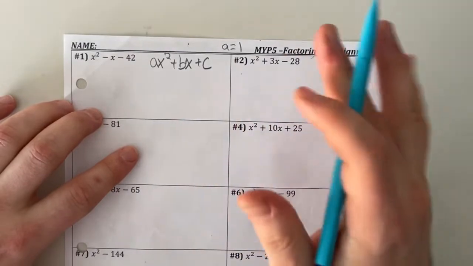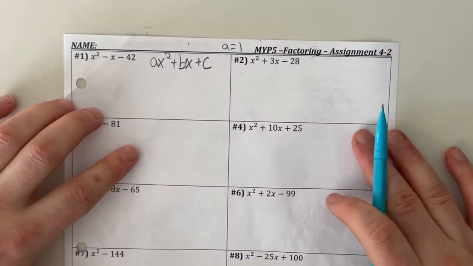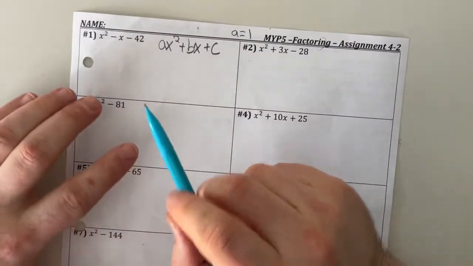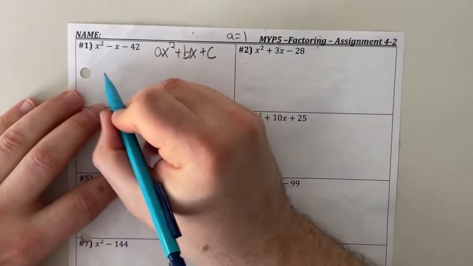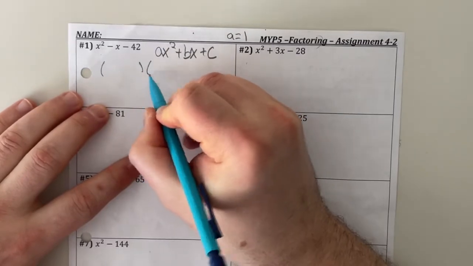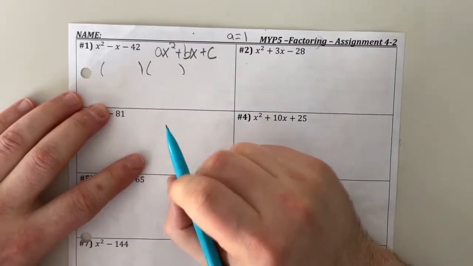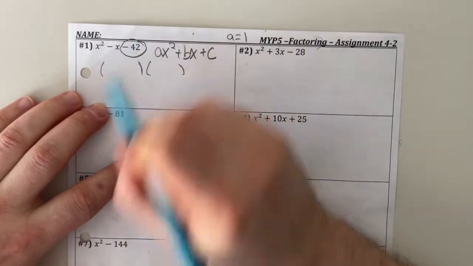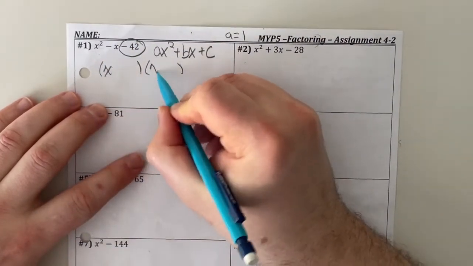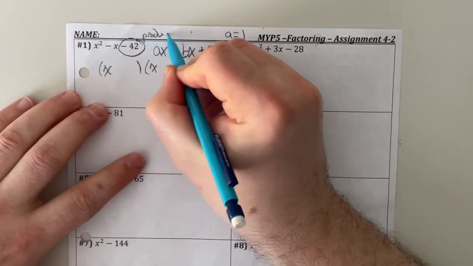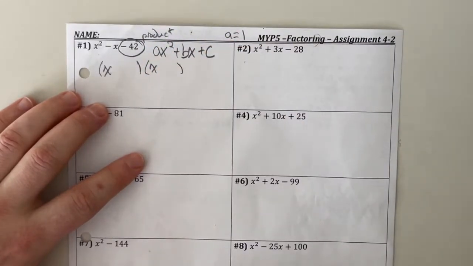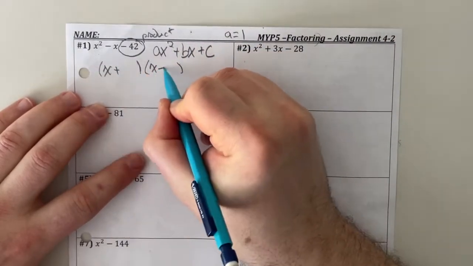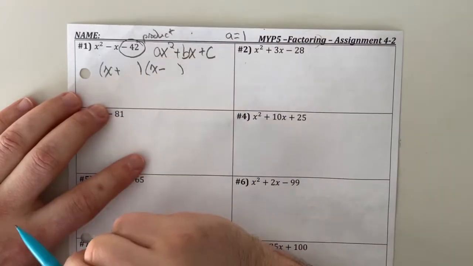However, on the back it's going to be a little bit trickier, but we'll take that one step at a time. So again, make sure you're seeing those steps from the factoring notes video. I know I can build my foundation because I know it's 2 sets of parentheses, 2 packages multiplied times each other. I can use my product, which is negative 42. And so what that says is it's going to be different signs. So I have 1 plus, 1 minus, and then I can ask, what is going to be my